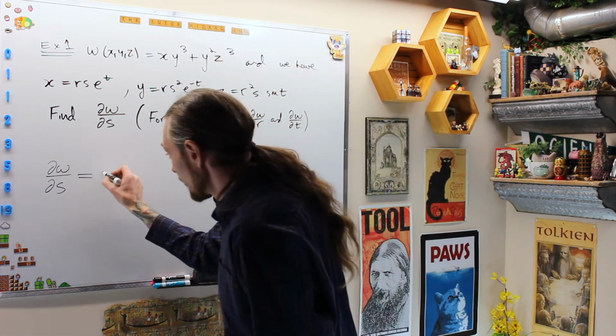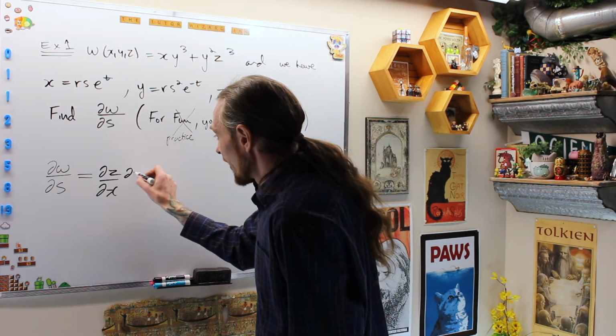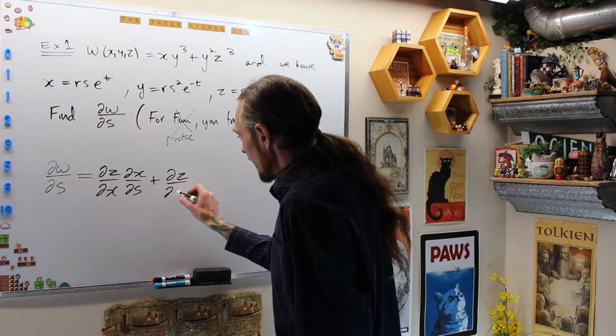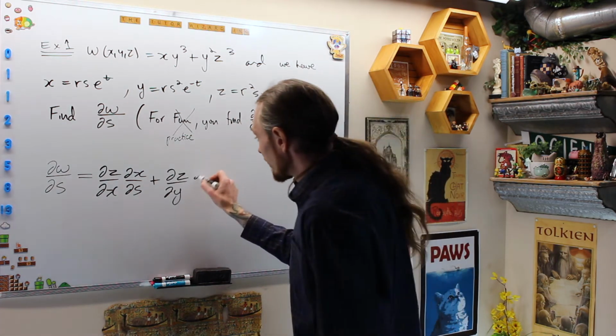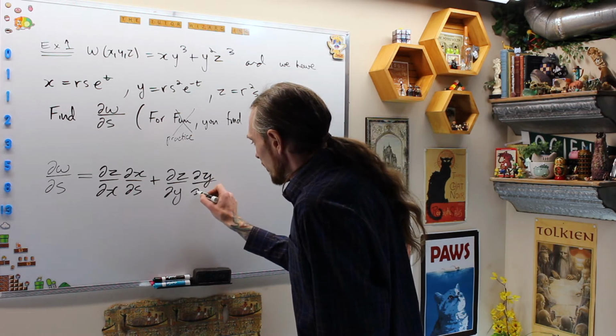So this is going to give me the partial of z with respect to my first variable x, times my first variable x with respect to s, plus the partial of z with respect to my second variable y, times the second variable y with respect to s,